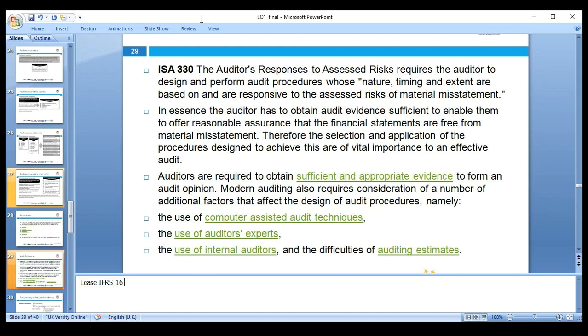New International Financial Reporting Standard 16 is about leases. Leases can be two types: finance lease and operating lease. In the past, people did not show the operating lease in the financial statement. They did not show how long they had a commitment with the company who provided them the asset, and they did not really show the long-term liability.